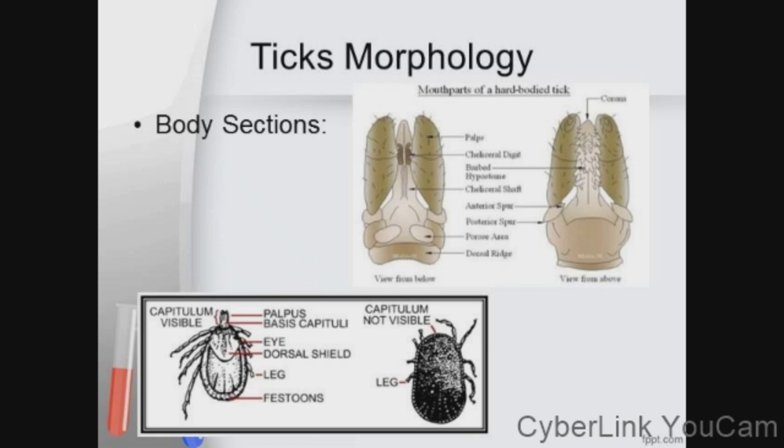These ticks extract blood by cutting a hole in the host epidermis, into which they insert their hypostome, in order to keep the blood from clotting,